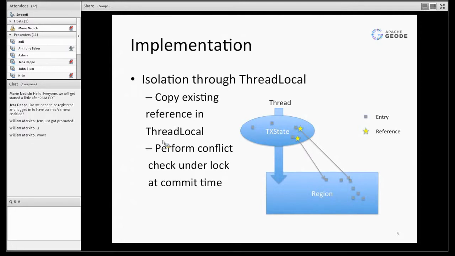That's what we use for implementing the transaction state. Whenever you make any entry operation in a transaction, that operation just ends up in the thread local. We also keep a pointer to the existing entry in the region in that thread local. And at commit time, when we do conflict checks,